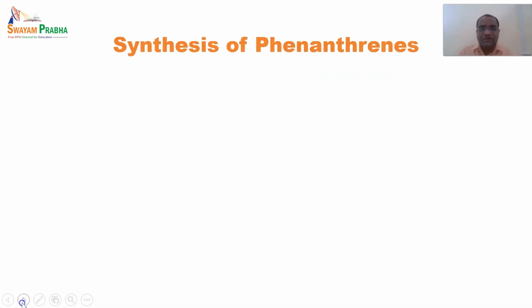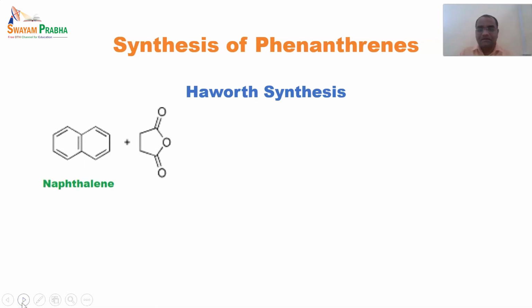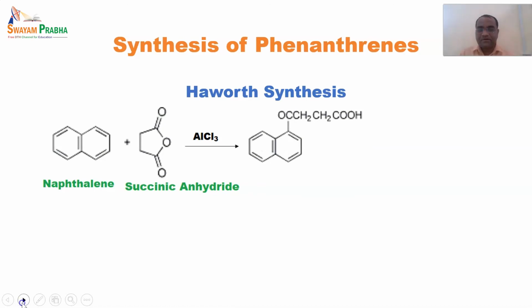Now synthesis of phenanthrene. Haworth synthesis is one of the important classes, that in almost all types of polynuclear aromatic hydrocarbons we have gone through such a synthesis. Naphthalene reacts with succinic anhydride, and such a reaction is nothing but a Friedel-Crafts type of reaction and gives a substituted product. And after that, reduction with zinc and HCl, so the carbonyl carbon or keto carbon is reduced to alkane,